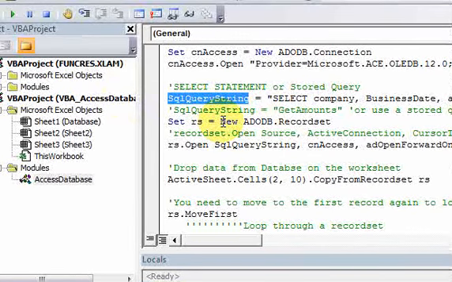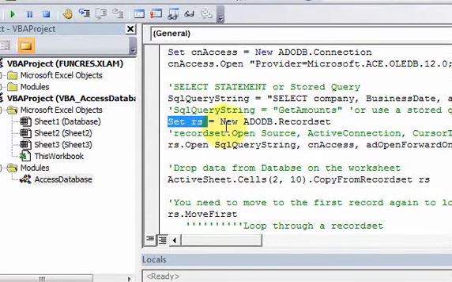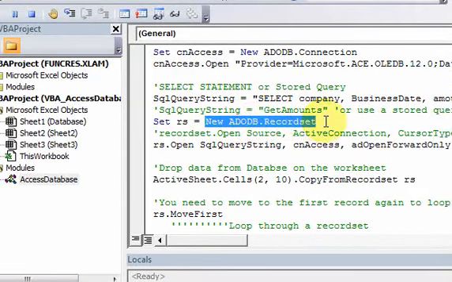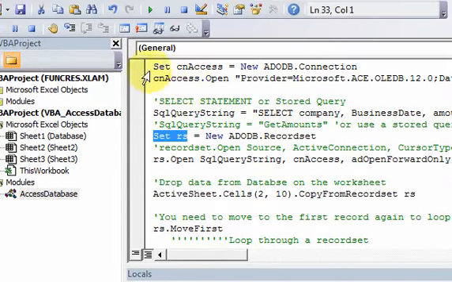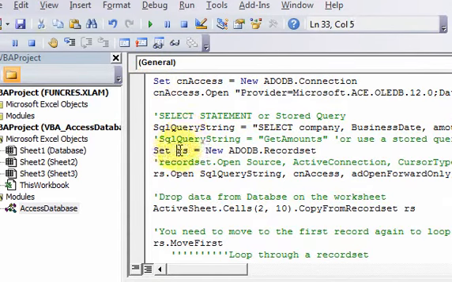I work with my record set object by setting the record set equal to a new ADODB record set. And then, if you're confused about this, it's the same thing as this up here. Whenever you have an object, you have to use the set keyword. Versus a variable, notice I'm not using the set keyword, right? This is an object. This is a primitive variable like string, double, integer, all the very simple stuff. You don't need the set keyword. And then when you get more complex using objects, you have to use the set keyword. Okay, fine. So there I set my record set object to a new record set, and now I can open